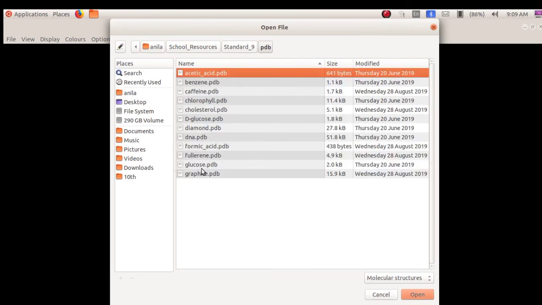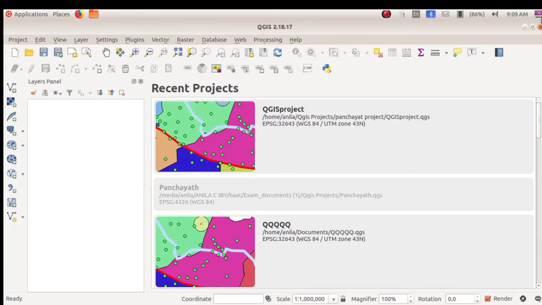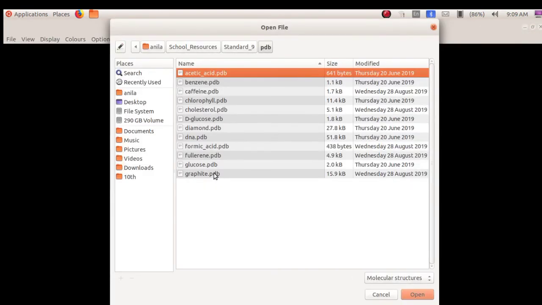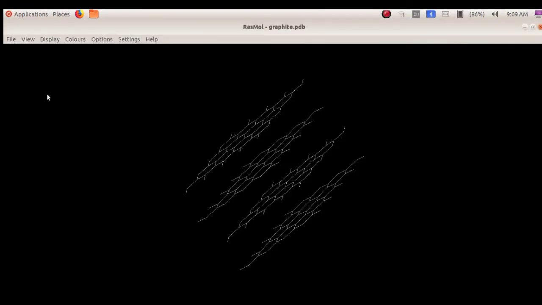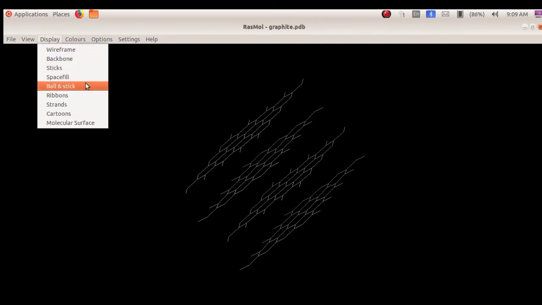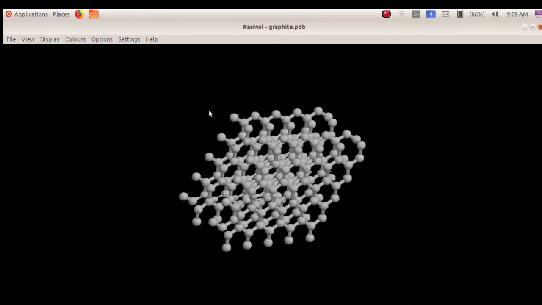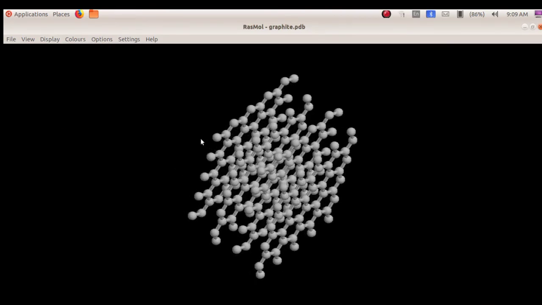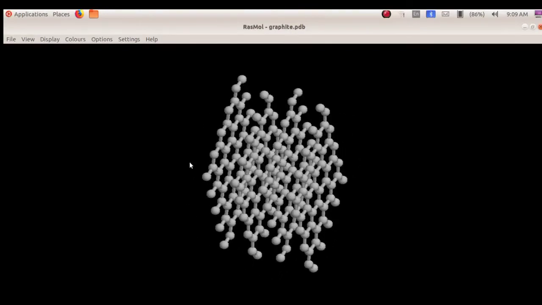Here we can see graphite. Just click graphite.pdb and we can change the model to ball and stick. See, this is the 3D view of graphite.